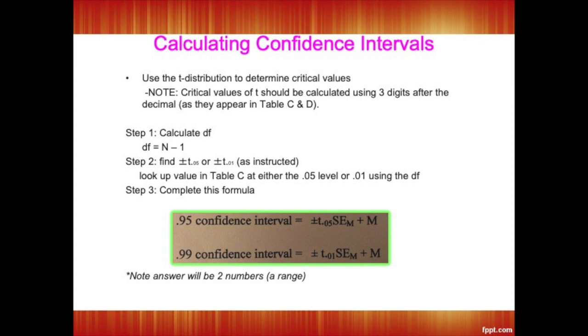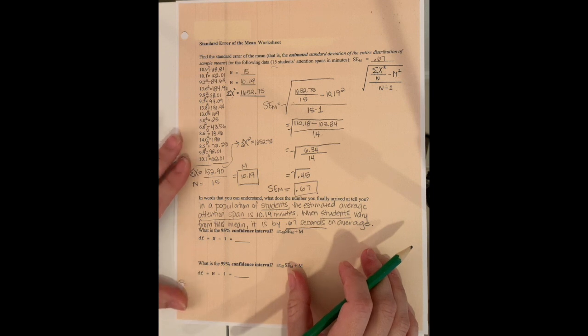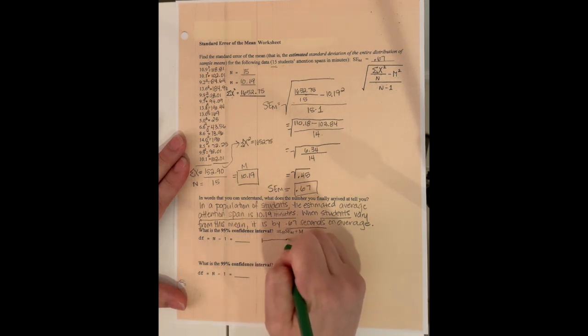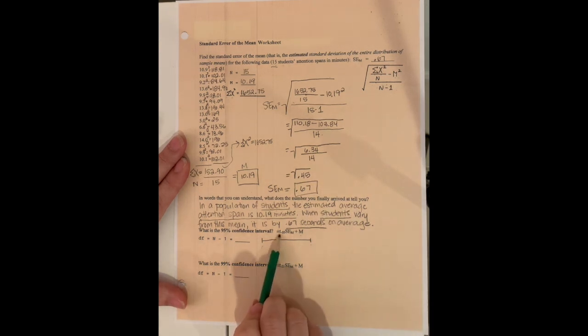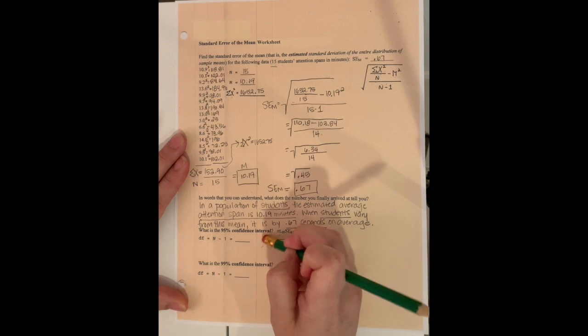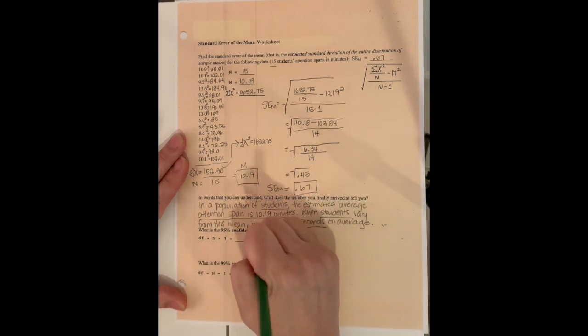So I'll show you what I mean on the worksheet here. And now we're going to go ahead and calculate confidence intervals. To calculate confidence intervals, we need to complete this formula here. Since a confidence interval represents a range with a lower limit and an upper limit, we have to do this formula twice so that we can get the confidence intervals at both anchors of this range. So I'm going to start by writing out my formula here. I'm going to do it twice. So it says